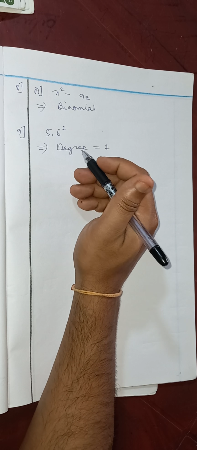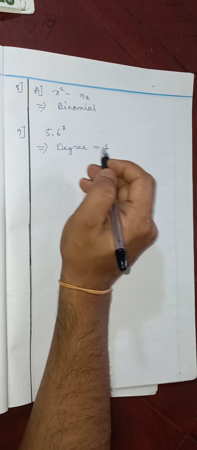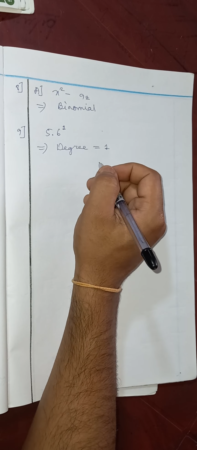Okay, understanding, children? So in question number 9, in here they're asking what is the degree of 5.6. Okay, so see, this is just a normal number. Every time there's a normal number which is not having any power, we have to imagine the power over there is 1 only, so you have to say the degree is 1. That means any number, it can be a decimal number or a whole number, or a natural number, or any integer. If it is not having any power, the power is 1. So over here there are no other variables or terms, so that's why we will say that the degree is 1 over here. Okay, alright, children.